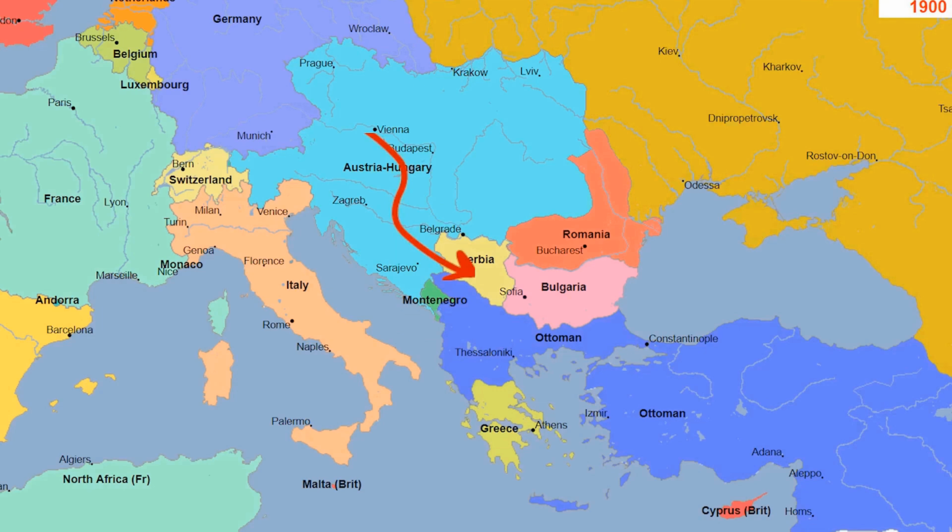The Ottomans are not trying to assimilate the Serbs. In other words, they are not trying to change their religion. Austria-Hungary is trying to change their religion. For this reason, the Serbs hate Austria-Hungary 10 times more than they hate the Ottomans.